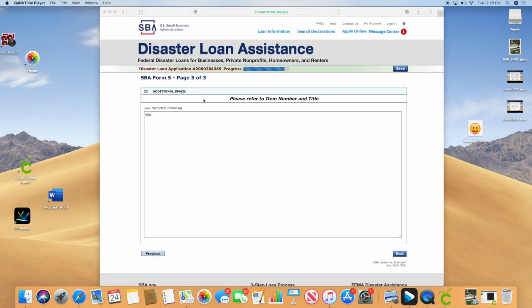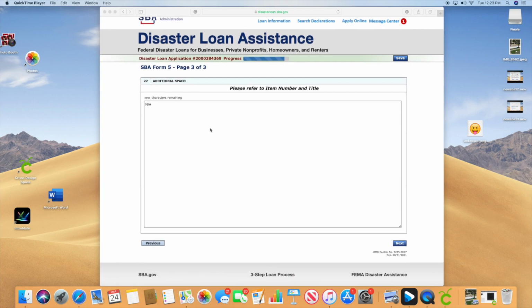This is where you enter the information. Like if you had yes for child support or one of those questions that had yes or no, this is where you would enter that information. You put the item number, and then the title, and then answer your question because you may be able to explain something. You can tell them you have documentation or whatever it is that you need to answer that particular question. This is where you would answer it.